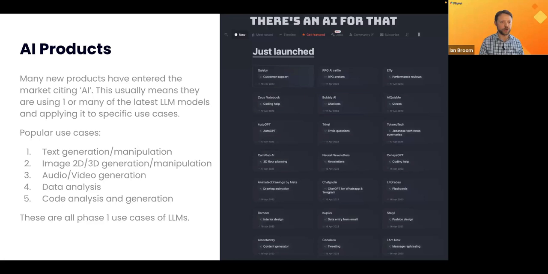The amount of new products getting launched that claim to have AI in them is significant. Trust me, go and have a look at that website and be overwhelmed at how many different new products are